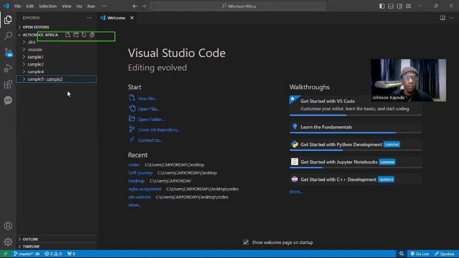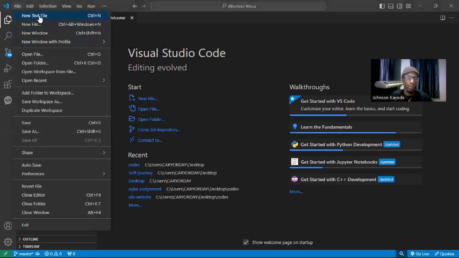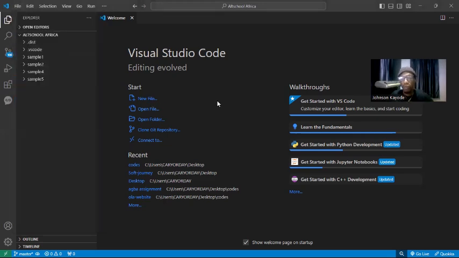So those are just some of the basic things that you can do from within your VS Code. You can choose to create a new text file, a new file, a new window, open file, open folder, whatever you want to do. You can just find your way around everything. But for the sake of this video, because it's just for basic HTML and we've not even started talking about HTML yet, in order to create your first file, you could come here and click on new file,